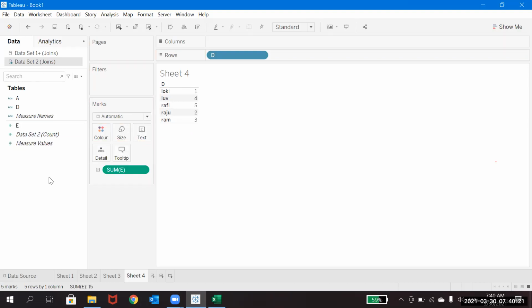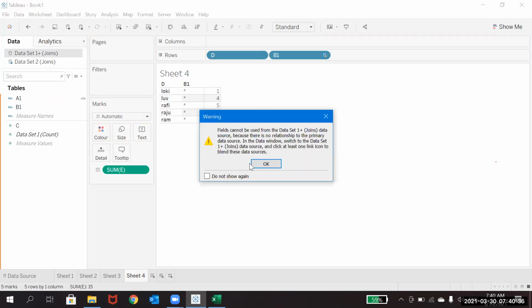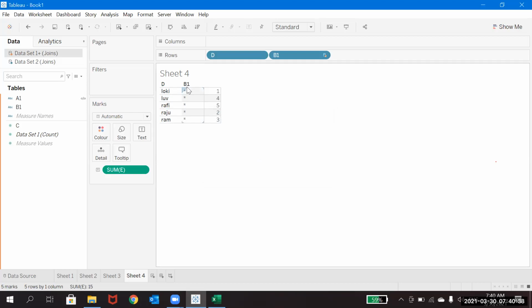Now I would like to see, from this next data set, what subjects they have. Right now, if you observe, all are showing stars because the blending relationship has not happened here.